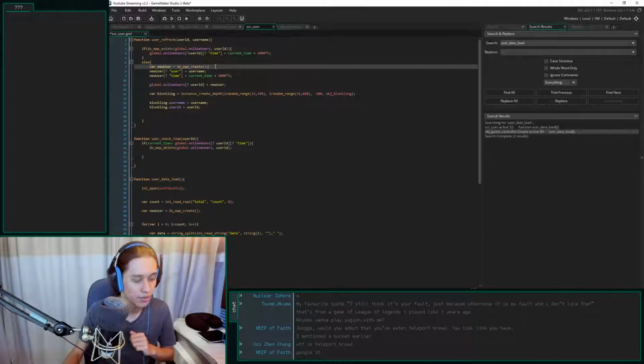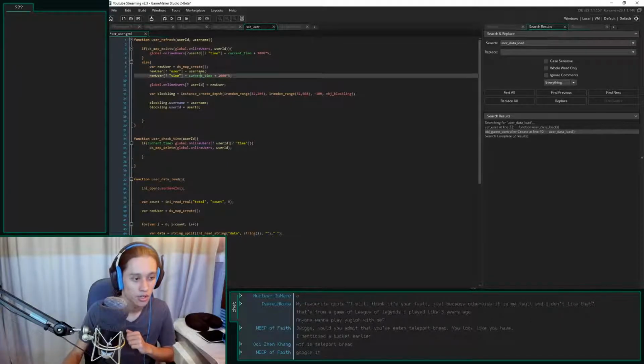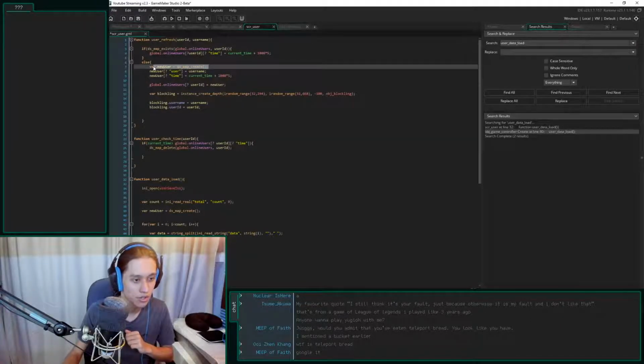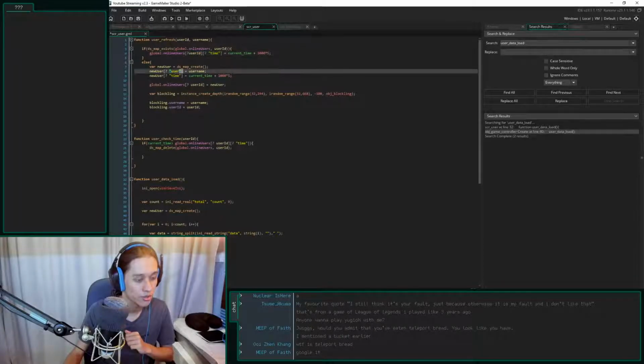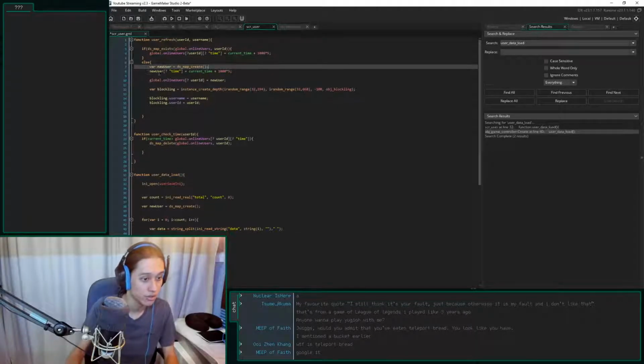So new user equals the DS map create. Current time, yeah, we can still use current time for there. So this is going to have our user and our time. This user is going to be our user object. So that's our new user there.